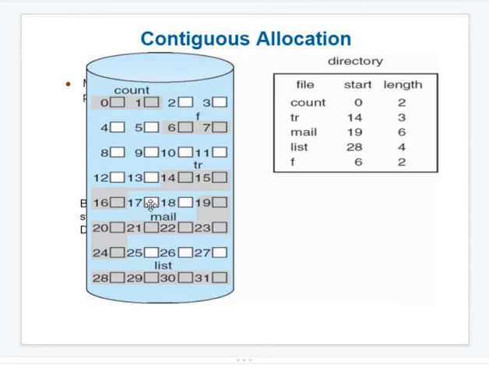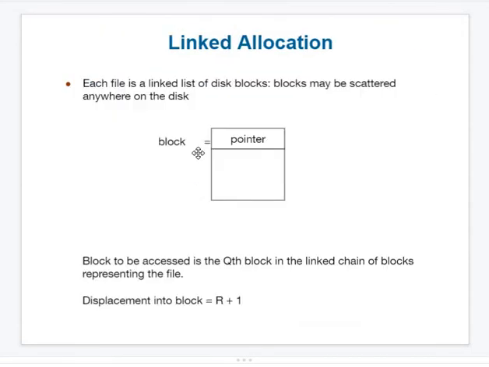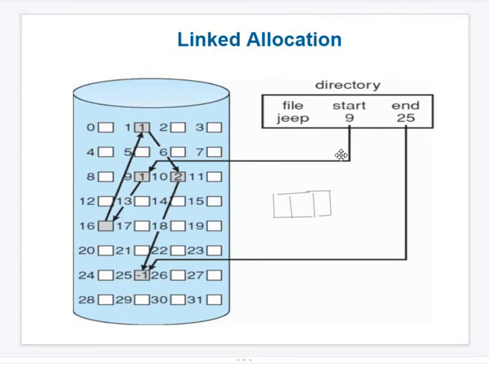The first cluster of memory is 17, 18. The second cluster is 25, 26, 27. The third cluster is 2, 3, 4, 5. Like that, 3 clusters for one file, which I have given as an example of 9 blocks. First cluster 17, 18, next cluster 25, 26, 27, total 5. The next 4 are required out of 9: 2, 3, 4, 5. So like that, we will allocate with the help of clusters. This is the diagram which I have drawn.